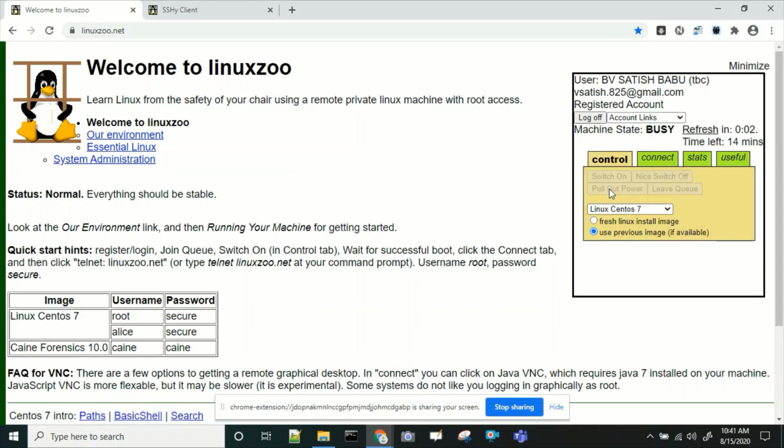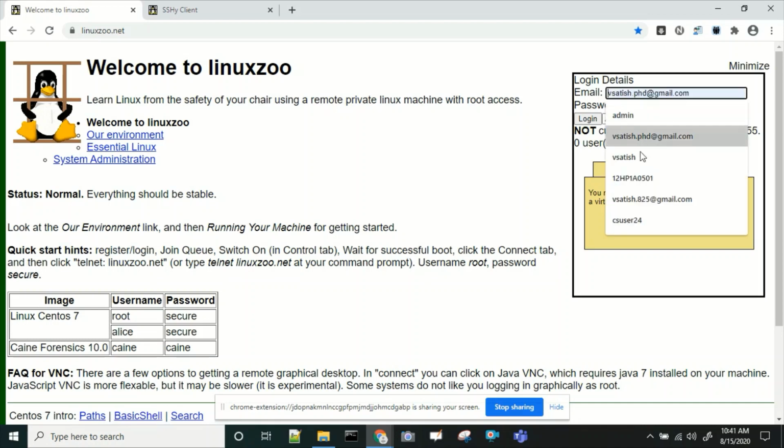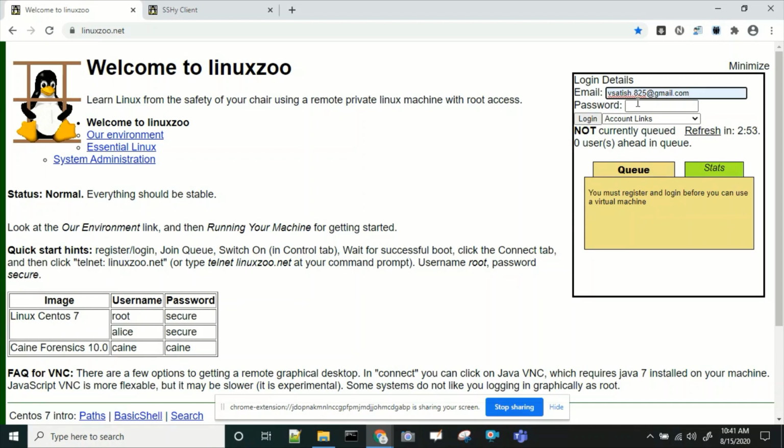Your virtual machine is going to be turned off. It takes some time. After completion of shutdown, you can simply log off from your account, and whenever you require to use this virtual lab again, you can log back in to your account, open your SSH session and reuse all your files.